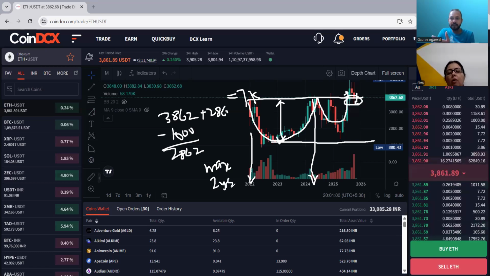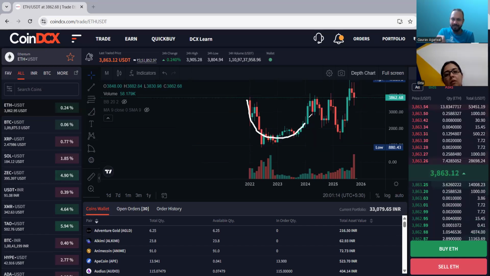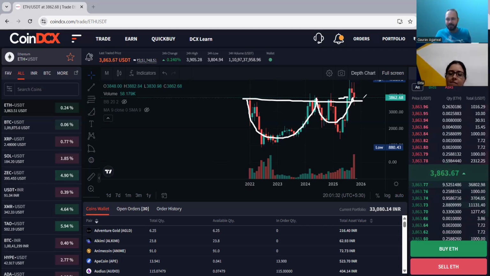So can it again form another cup and handle? It can do it like this also, right? It can come down and go like this. But this is based on my experience that I can see immediately that there is a cup and handle pattern, there is a breakout, and there is a retest. Because daily I see at least 50 or 60 charts. So for me, it is easy to identify within 2 or 3 seconds how the pattern is getting formed on the charts. So practice is important. If you keep on practicing, you may also be able to do it.